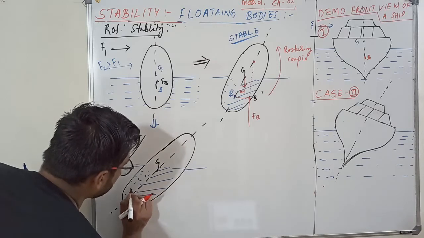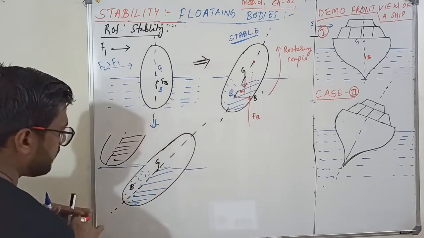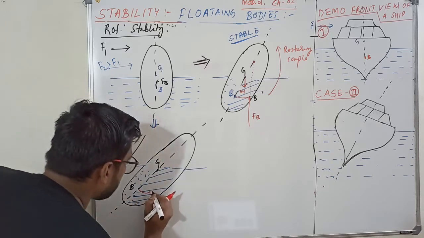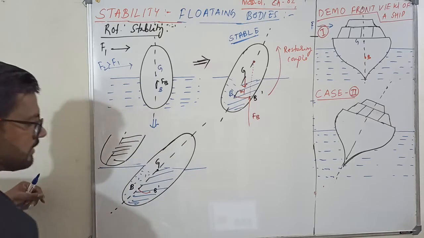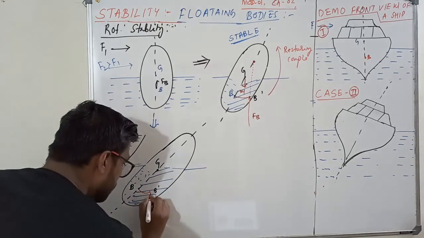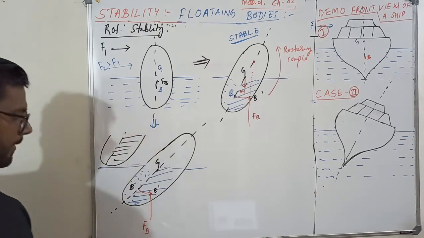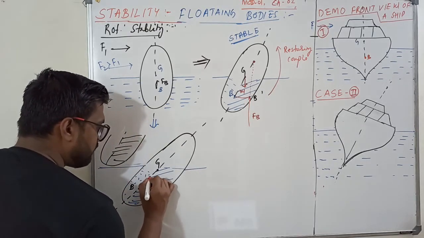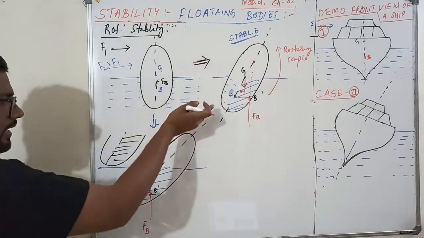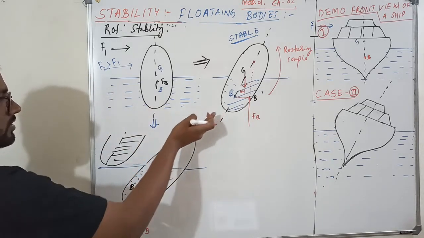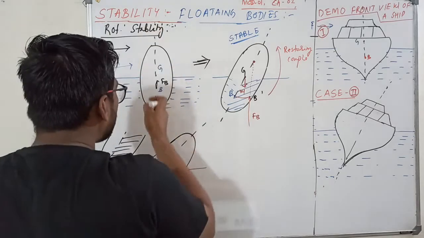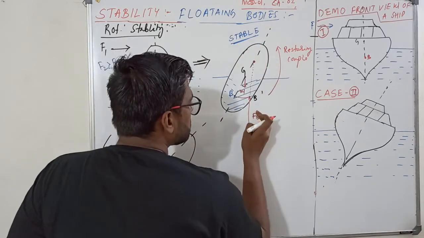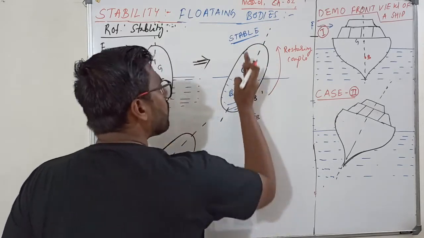So this was the previous center of buoyancy, B. Now the center of buoyancy has changed and is somewhere here. So now this is your center of buoyancy, B dash. That means your buoyancy force is acting like this. This is the line of action of the buoyancy force. I will join it. After joining, it is meeting somewhere here. This was the line of action of the previous buoyancy force, this is the line of action of CG and CB, and this is the line of action after it got displaced.